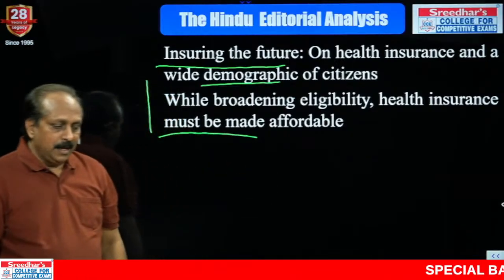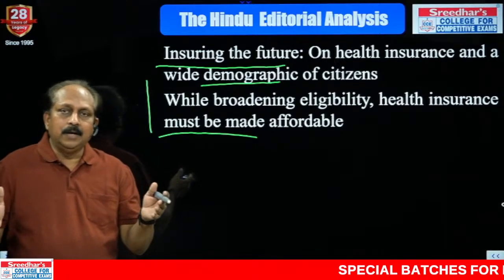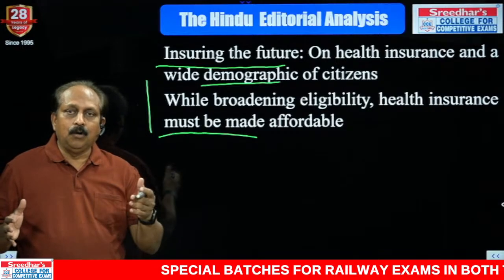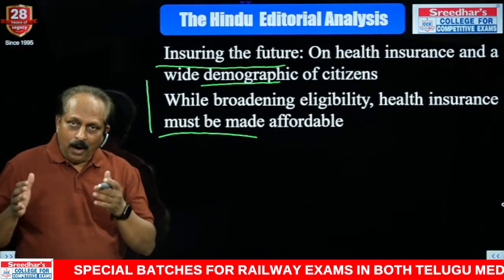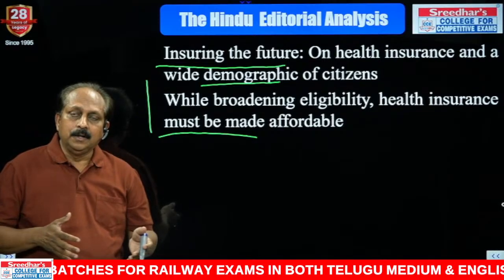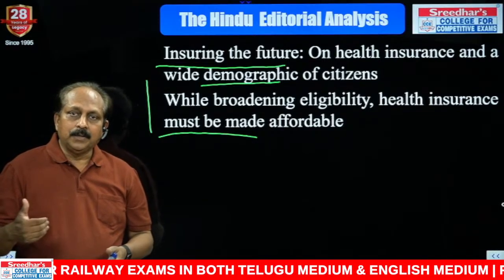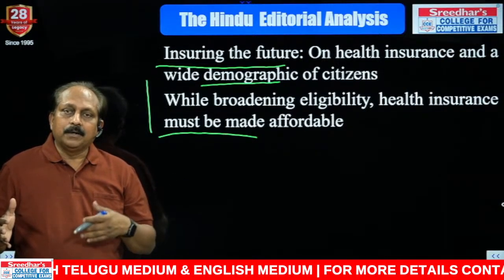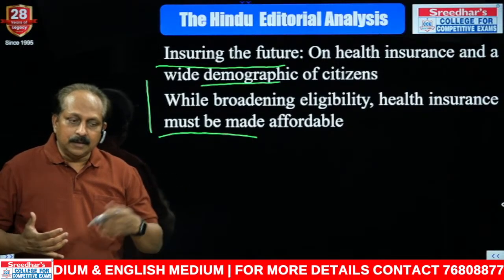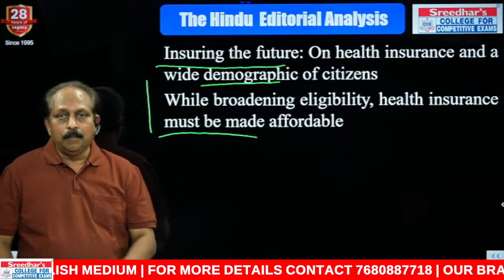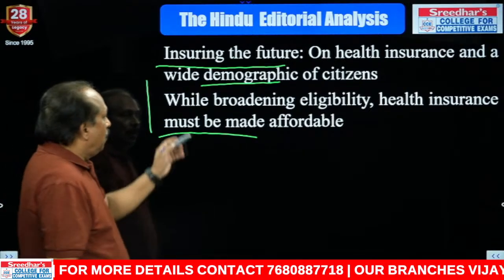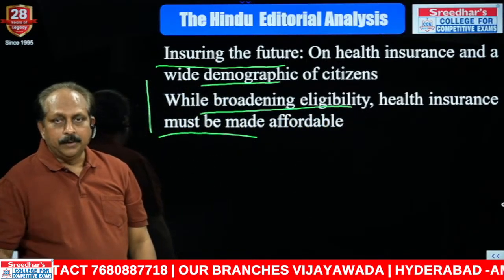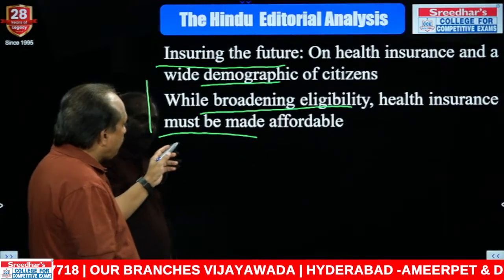There are two dimensions, as I said. One talks about widening the eligibility criteria, including different segments, thinking of all-inclusive growth. But while doing that, the editor opines we should consider something like affordability. Imagine the policy is there, but it is not accessible, one problem. It is accessible but not affordable, another problem. Keeping that in mind, while broadening eligibility, including different segments or demographic groups, health insurance must be made...